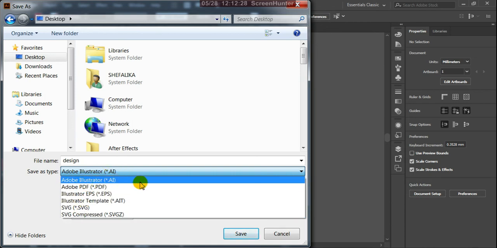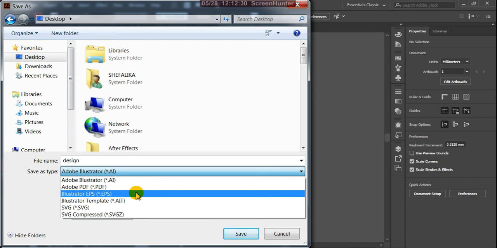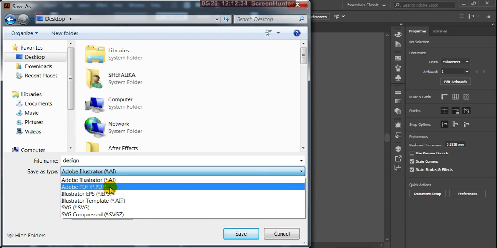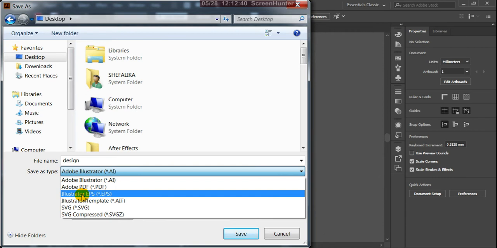So Illustrator file is there, and Adobe PDF, the portable document format. This is also very important for printing. We use this for crystal clarity. We give this output, and the Illustrator EPS, encapsulated PostScript file, this file can open in almost all software.